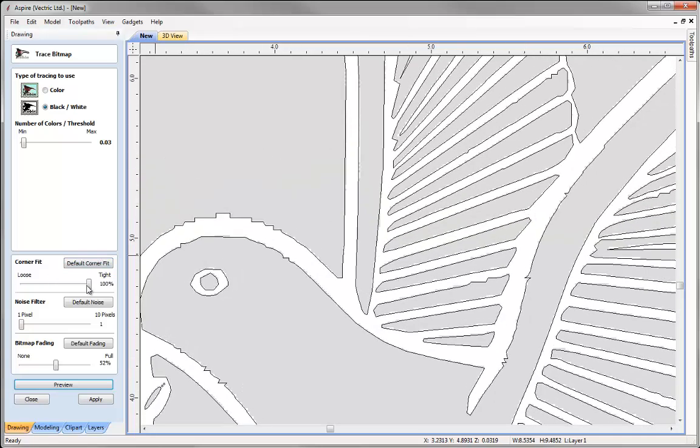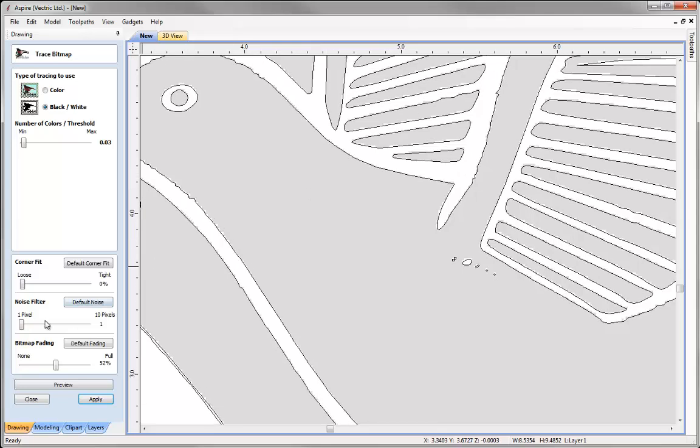So I can demonstrate how this changes by just taking that slider down to the very loose end of the corner fitment options and just press preview, and you'll see that that's then smoothed out those vectors slightly. And then we've also got the noise filter as well. So as it's at 1 pixel at the minute, any singular pixels that are picked up with the trace bitmap tool will be ignored, but we can have an option to select up to a maximum of 10 pixels